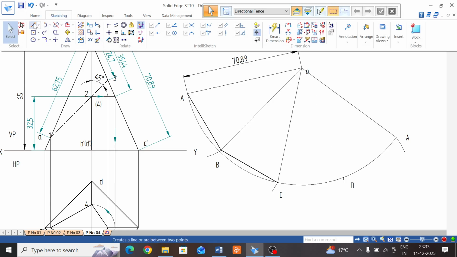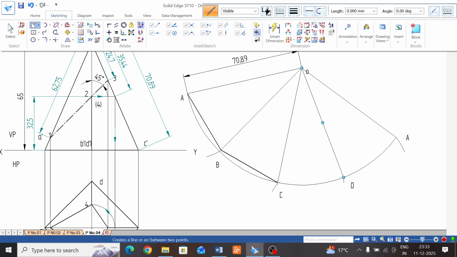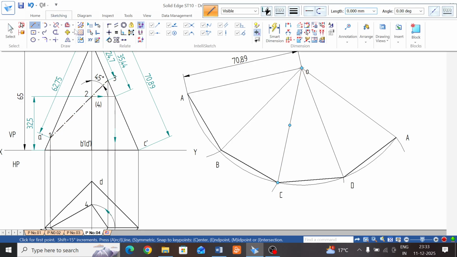Go to line, thin line, here, here to end point, single arrow. Now join those B to C by thick line. Pyramid representation, B end point, single arrow, to D end point, then again A. And now the portion we have to cut section, we have to take those dimensions 1, 2, 3, 4 from those 4 points. Go to arc by center point,